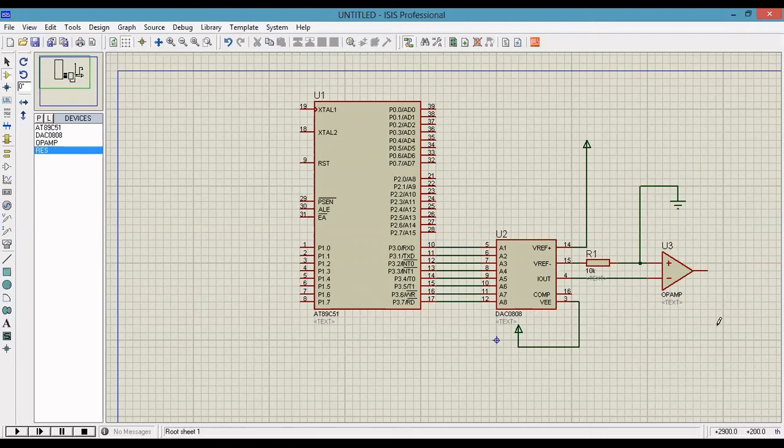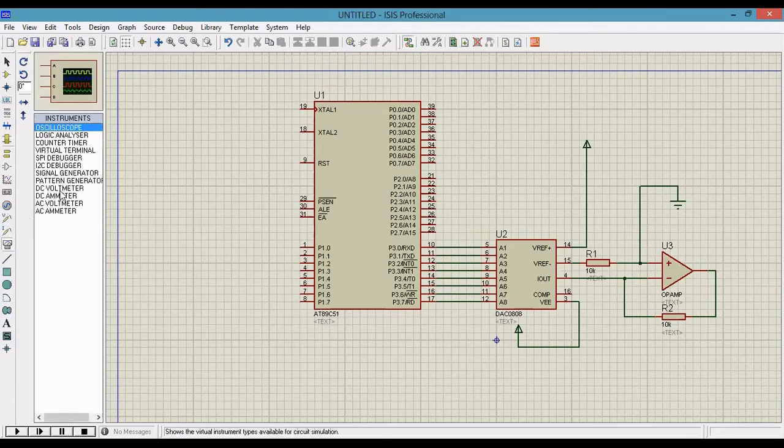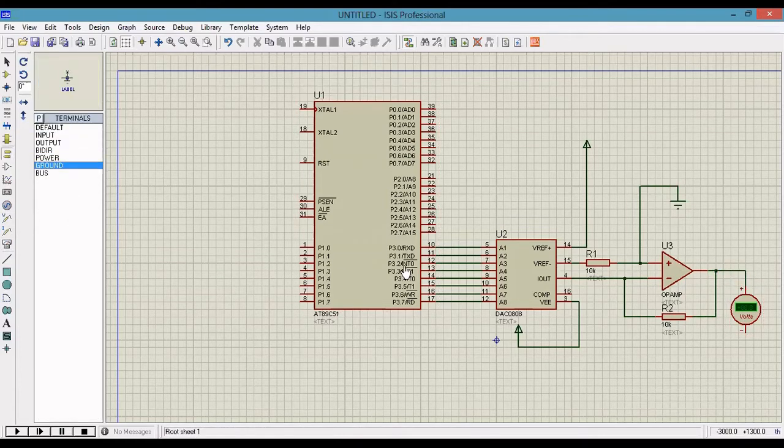So double click here. Next I want to measure the output. For that a digital voltmeter is available. So this is the digital voltmeter. The other end is connected to the ground.